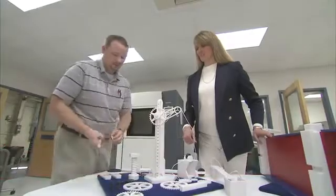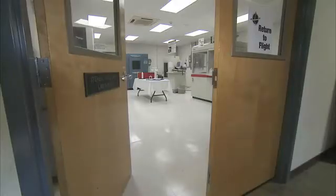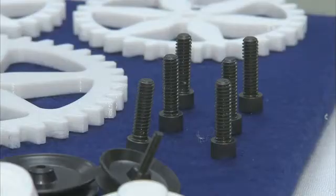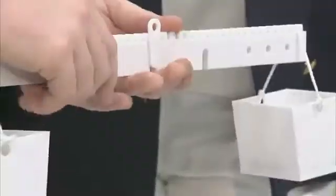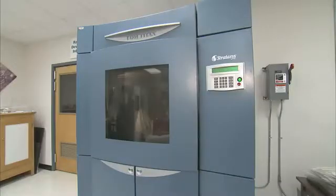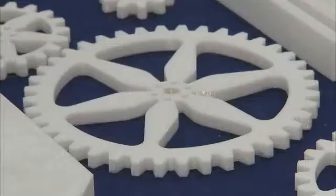Finding innovative ways to teach students about engineering led a Virginia teacher to NASA Langley Research Center's Rapid Prototyping Lab, where an idea to give students a more hands-on experience with simple and compound machines became a reality. Her idea was to build an engineering kit that would make learning about simple and compound machines fun for students and affordable for teachers. Using digital manufacturing, NASA Langley technicians built a prototype kit that could eventually be used in